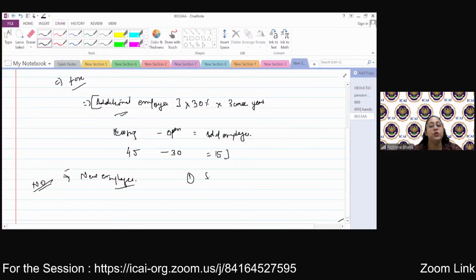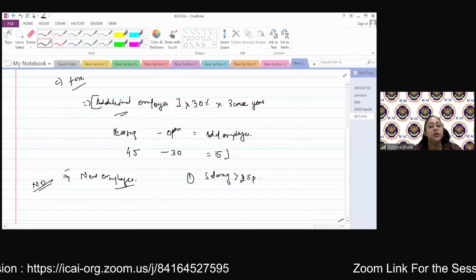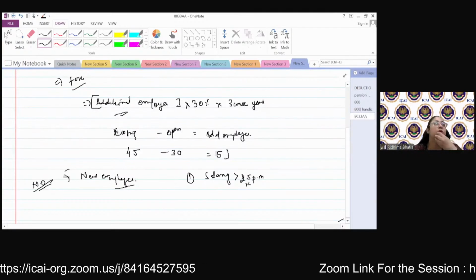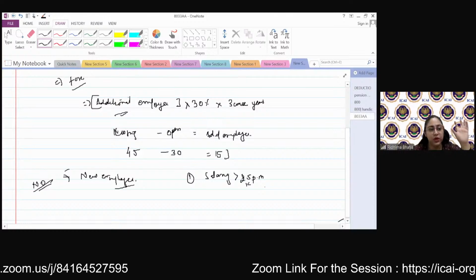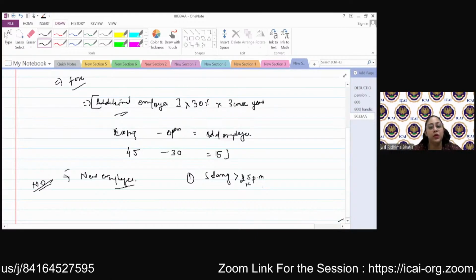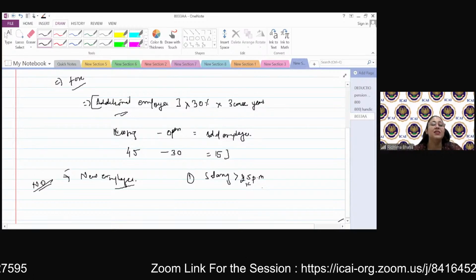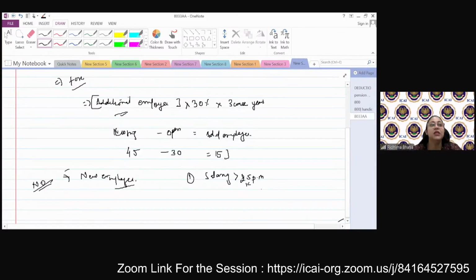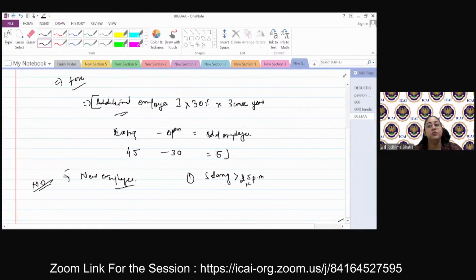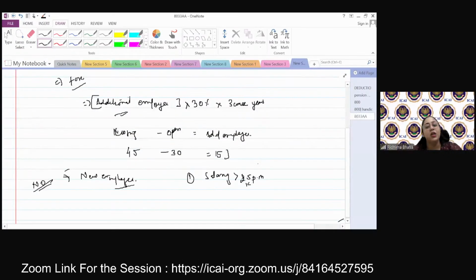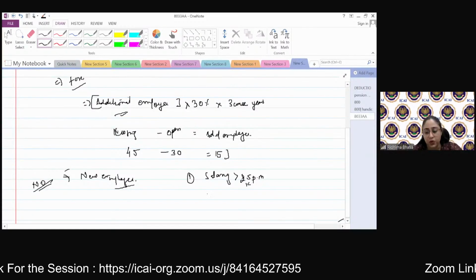A, employees who have a salary of more than 25,000 per month. The government does not want you to put people and get the benefit at director level or any level. The government wants you to give employment at the ground level. That's why they are giving you a benefit. So any employee who has a salary of more than 25,000 per month is out of this new employee benefit. Now suppose out of 15 people, 4 people have a salary of more than 25,000. Now 11 remain. Out of them also,